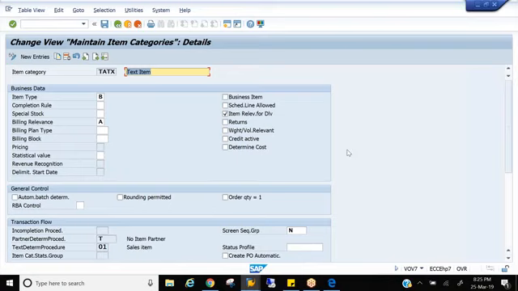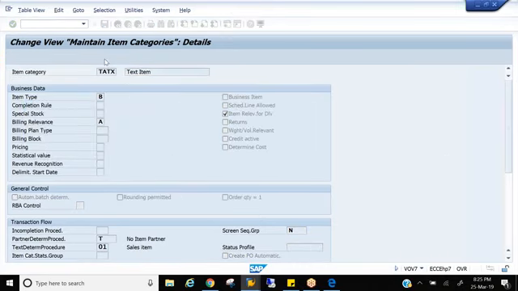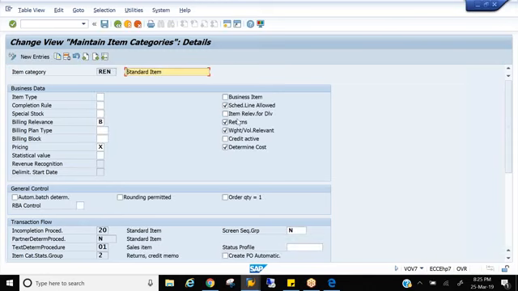Then next is returns. All returns, this will be activated. So what all returns do we have? Standard return, RE. For every return, this is applicable. So in the SD document category under VBTYP, whatever documents have document category H, these returns will be activated.